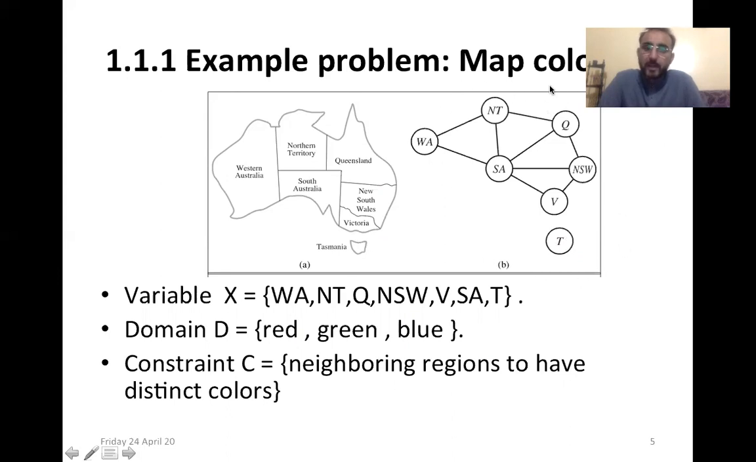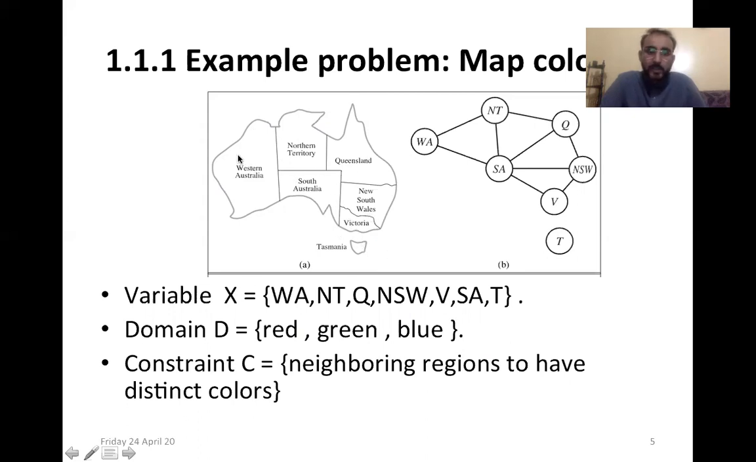This graph is called a constraint graph. A constraint graph is what? Again, the same constraint. Okay, I will come to this point later on. But first, if this is our problem,